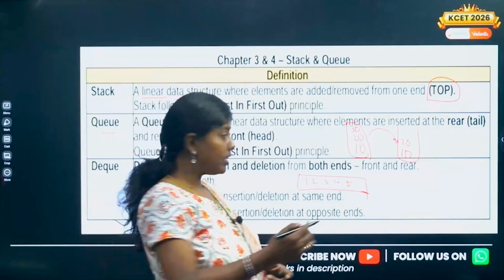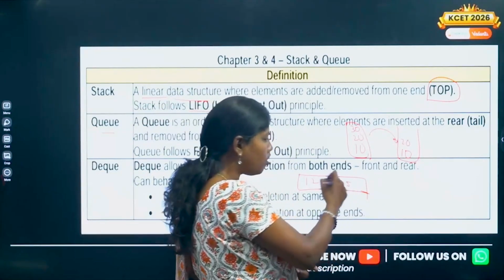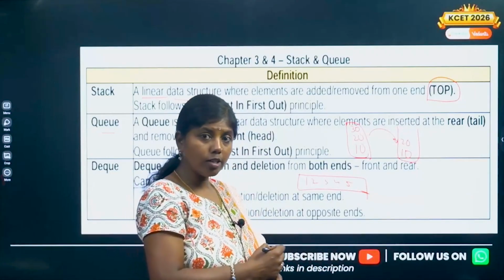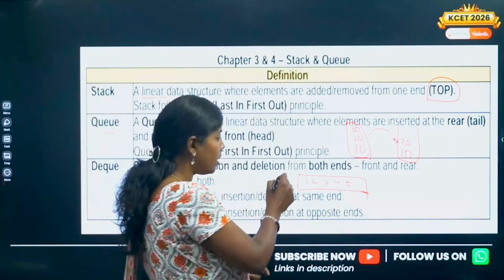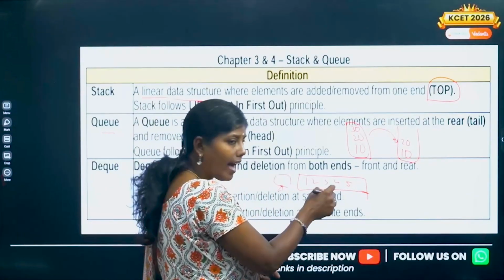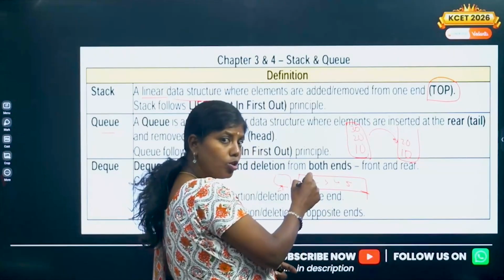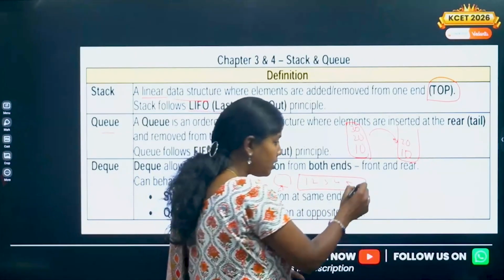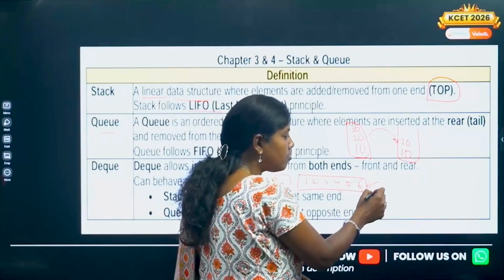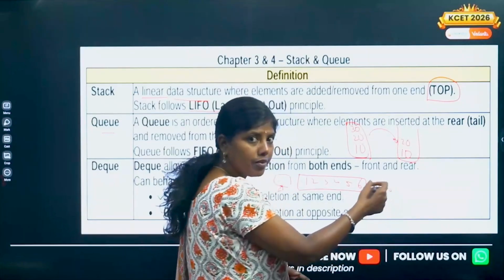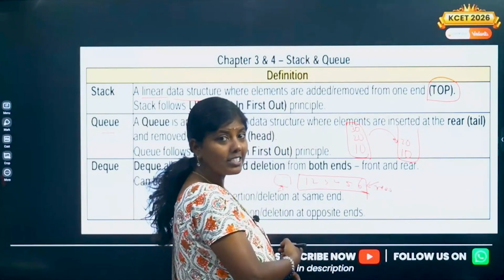There are already 5 people standing in the queue near the counter, and the 6th person comes. Will he be allowed to join at the front or the rear? They have to join only from the rear end of the queue.